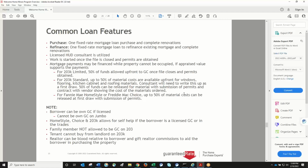Well, I just did one. It was an FHA loan, but it was a normal one. On a normal move-in ready FHA with no repairs, you can do tenant landlord. And then if a realtor is working with a family member, they're allowed to do that and gift their commission